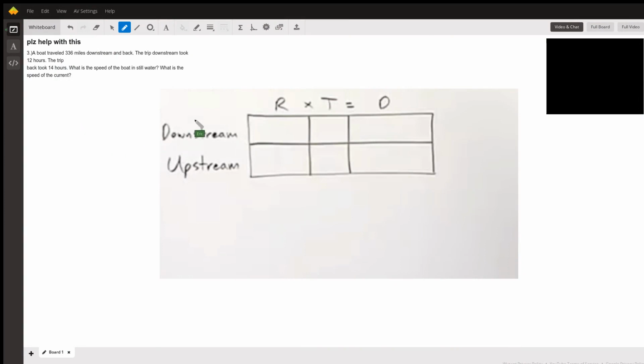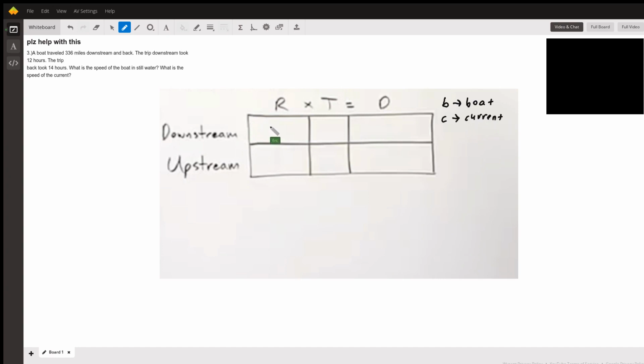So to solve this problem, I should first set up a chart based on the formula rate times time equals distance. It's a very popular formula in algebra. Then on the left, I wrote our two trips, downstream and upstream. If we use the variable b to represent the speed of the boat, and c to represent the speed of the current,